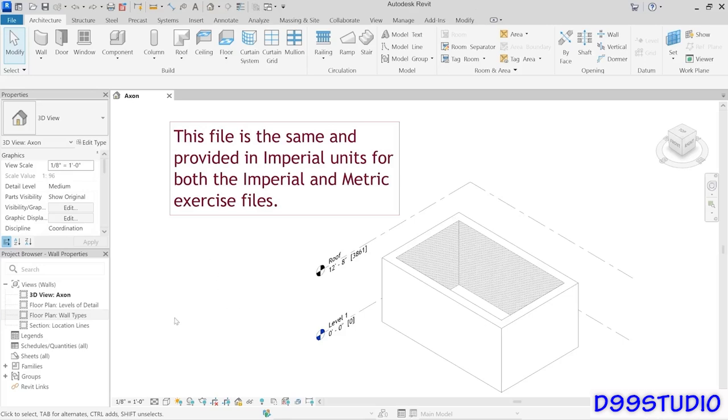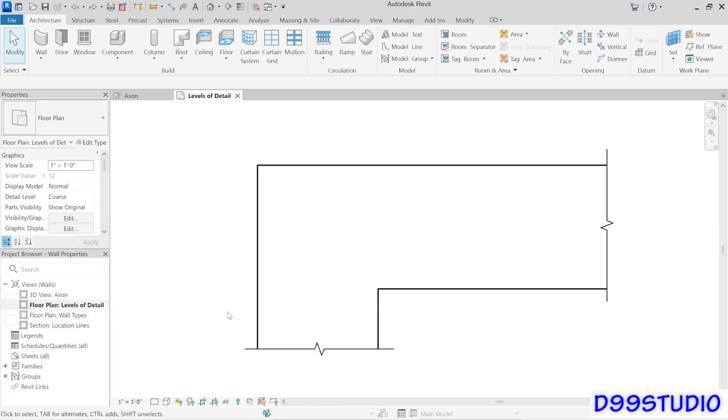Okay, so let's go ahead and get started here. What I want to do is start in this first view that you see right here called Floor Plan Levels of Detail. And I'm just going to simply double click that to open it up. And it's a very simple view that's just showing a zoomed in corner of 2 of the walls where they